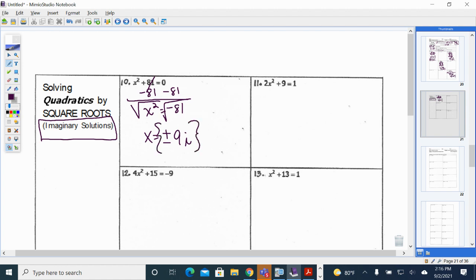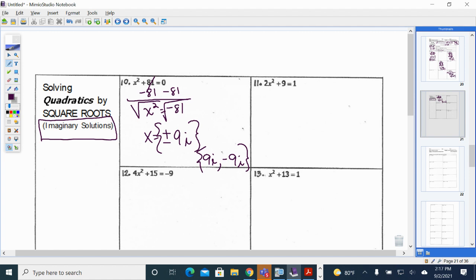Y'all remember that is a positive 9i and a negative 9i. And I choose to write it as 1 with the plus and the minus in front. If you want to separate them, that's fine too. Just make sure you do understand that those are 2 separate answers. All right, let's look at number